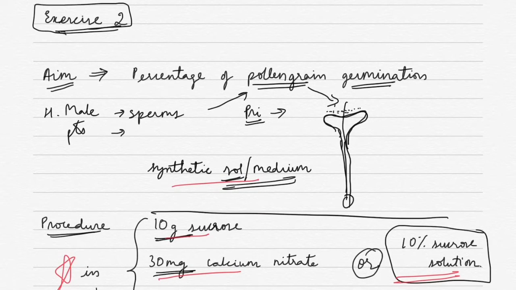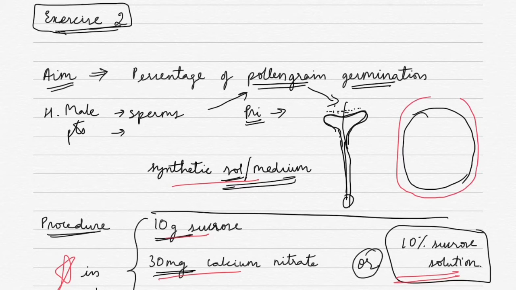Now, what is a pollen grain? If this is a pollen grain, it has two layers. One is called exine and the second one is called intine. The exine is the outer layer, so I am going to call this exine. I have drawn it in red because exine is usually made up of sporopollenin, which is the most resistant organic substance ever known.